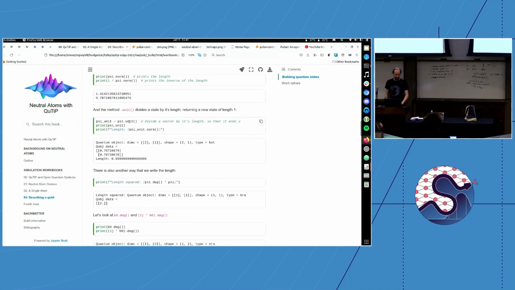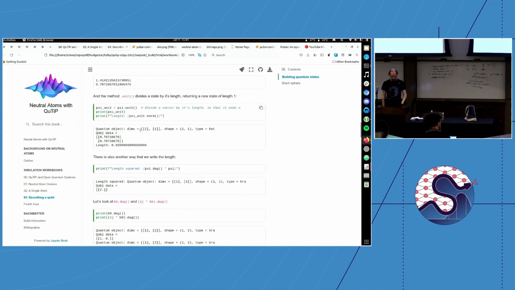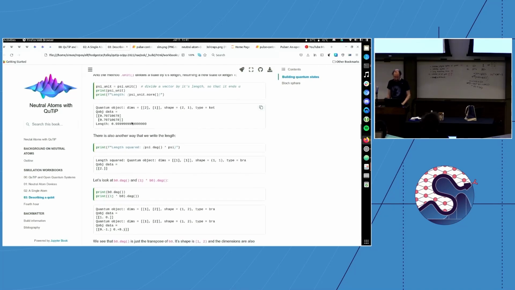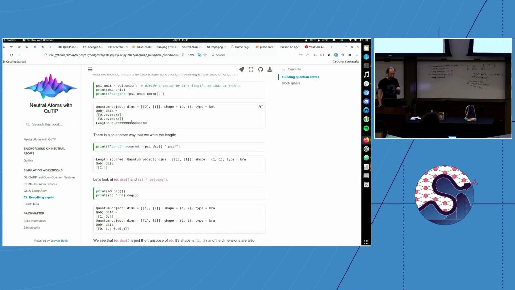But QuTiP also just has this handy function .unit. If you call .unit, it will return the state divided by its norm, and now your vector looks less nice, but you get used to seeing these numbers cropping up whenever you're doing the right thing. Yeah, and then when we were talking earlier,